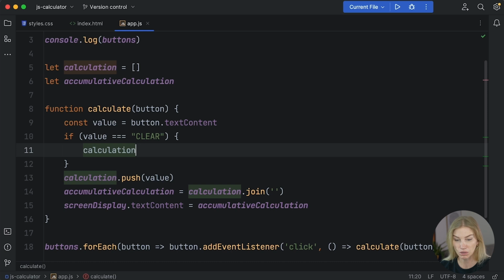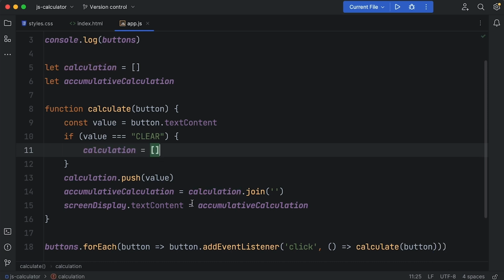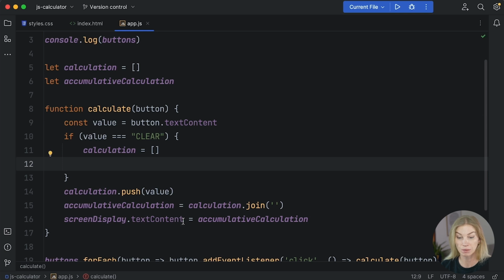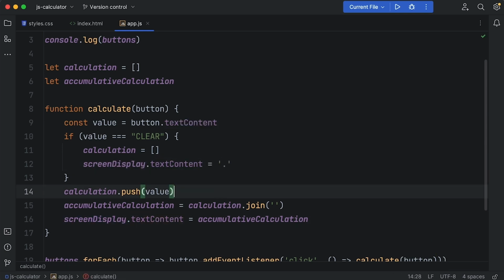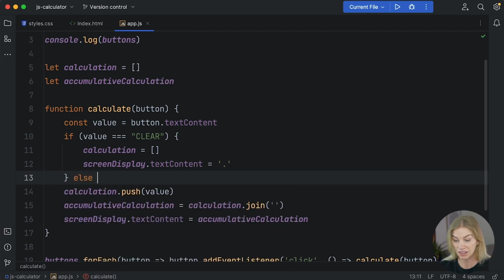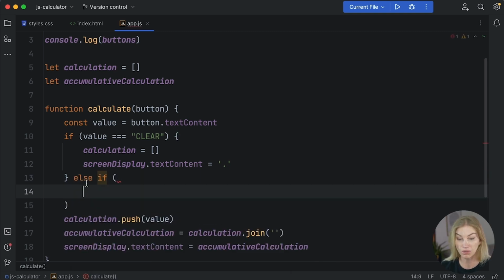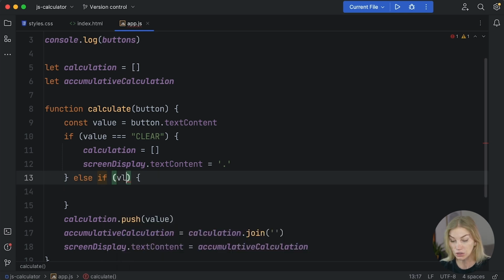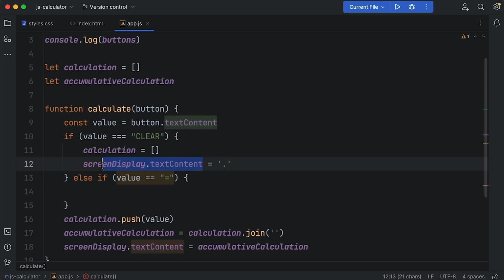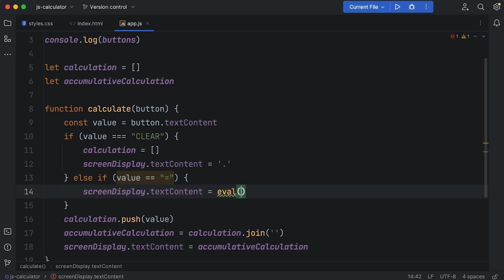What we do want to do is just get calculation and set it back to an empty array. And same for the screen display content. We're just going to set it back to be a dot again. Okay, else if, so we check the top one first, else if, then we check this, value equals the string of equals, then we're going to get the screen display content and simply add up everything in